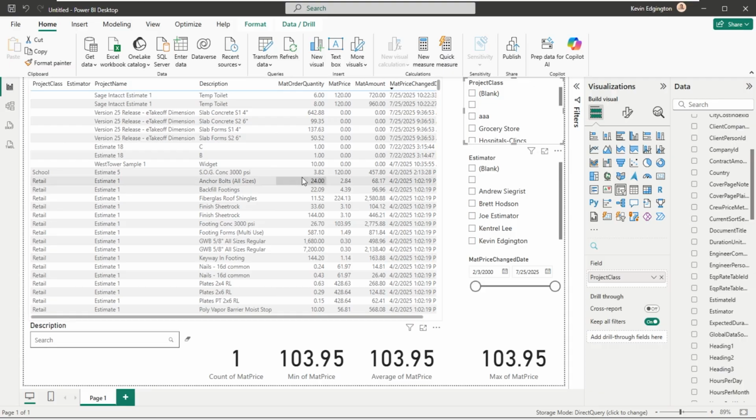Anyway, just think about how powerful that is if you wanted to go through and say, show me any time that I've done a school and what toilets are run, what has fire alarms are run, what has HVAC run, things of that nature, and be able to go back and look at some subset of all these different estimates by types or by descriptions of the item descriptions and what the sub amounts were, or even the sub name.